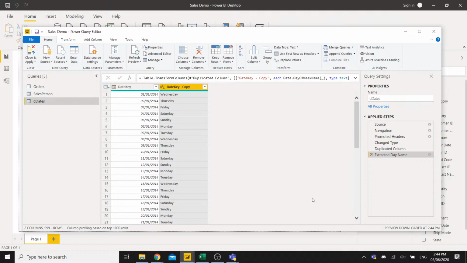And just like that, we have the name of the day corresponding for every single date in our date table, right? So that's how cool this tool is. And we could also double click on the header and rename our columns appropriately. So this is name of day,